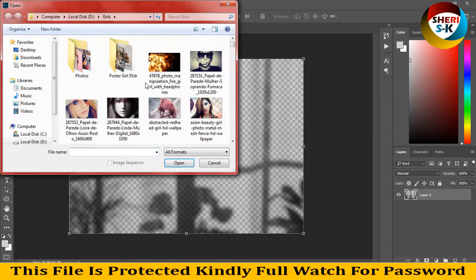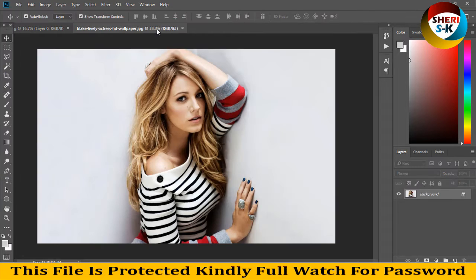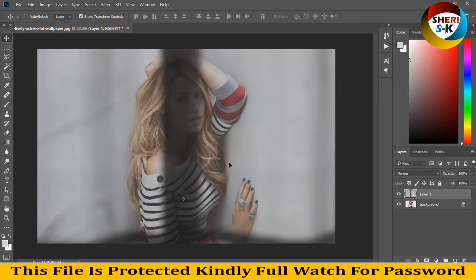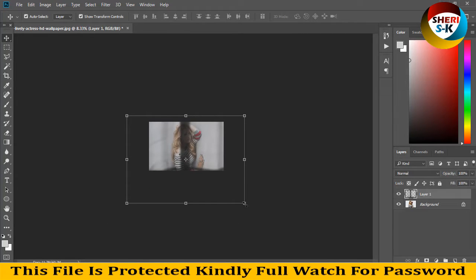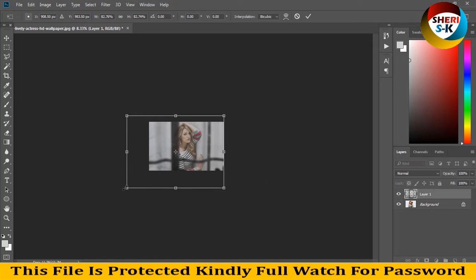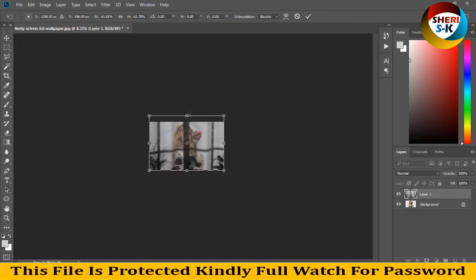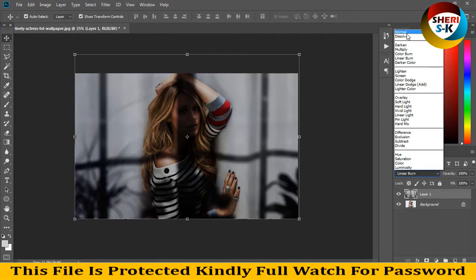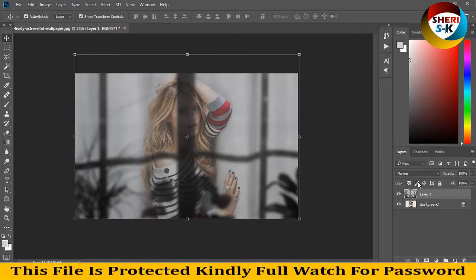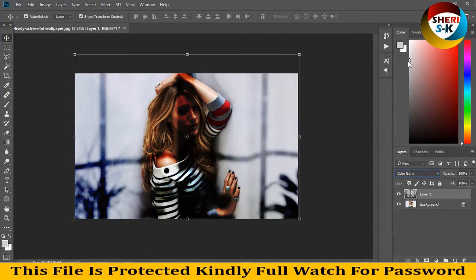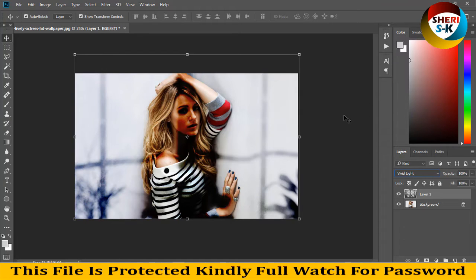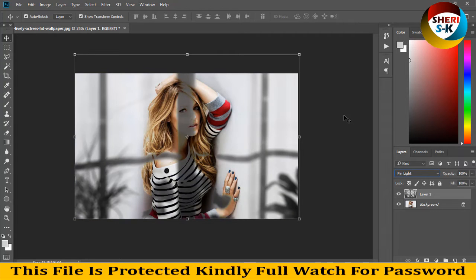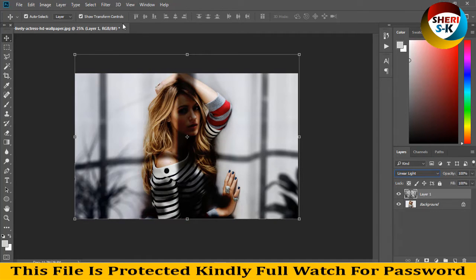and open another photo. For this, drag the photo and adjust. Select here and select Color Burn or Hard Light or Vivid Light, Linear Light. So here is better, I think. So I close this file